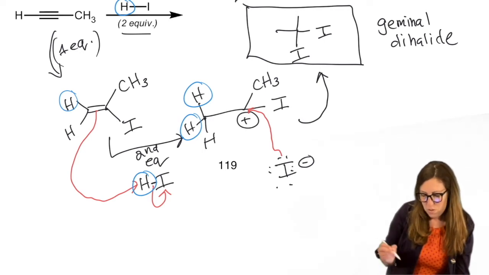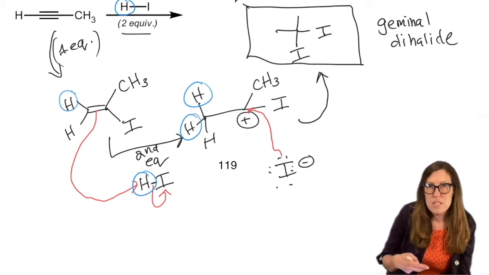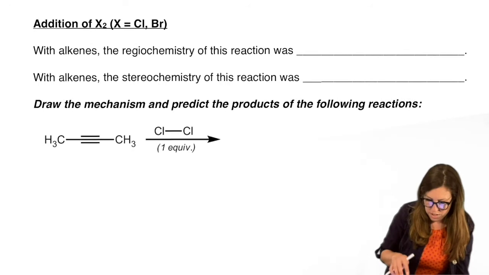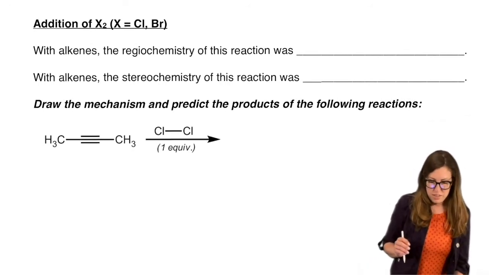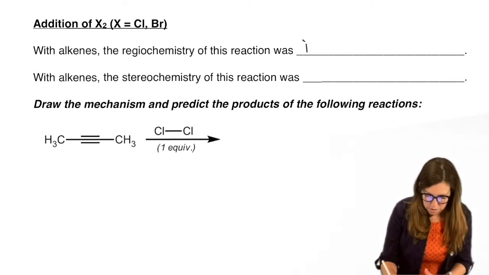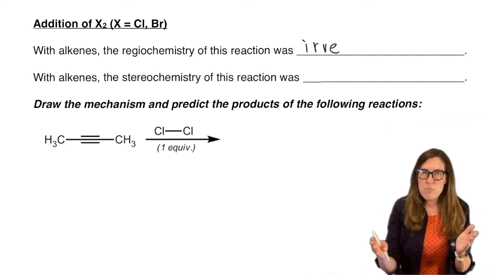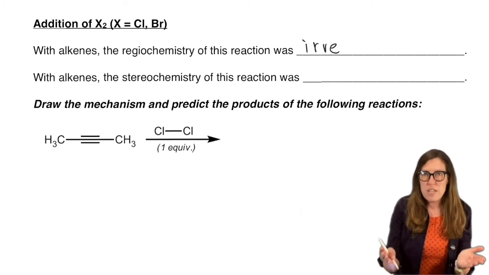Okay, so adding twice, we would get a haloalkane the first time if we use an alkene, but if we started with an alkyne, we get a geminal dihalide. Let's do another halogenation reaction, this time with, instead of HX, let's do X2. Remember we did that with chlorine and bromine with the alkenes? So with the alkenes, the regiochemistry was irrelevant, right? Because it was a matter of which carbon got which group, and because it's a dihalide that we're adding, each carbon will get a halogen.